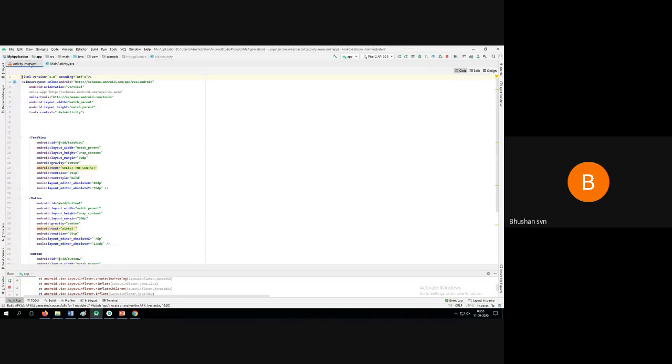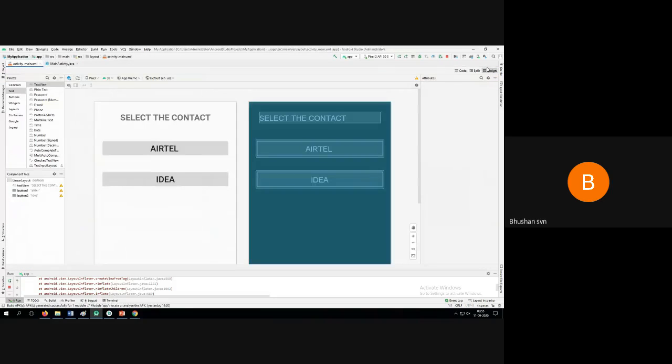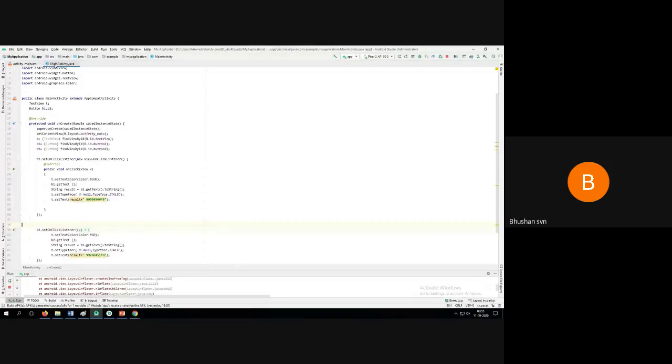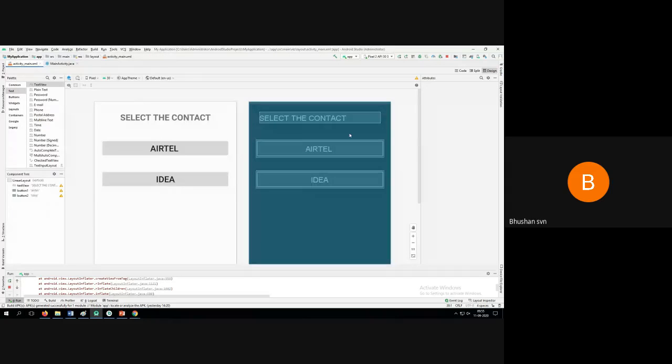So once you start, you can just go to design, and you can drag and drop whatever components you require as per your programs or applications. And at the backend this code will be generated. And you have to go to MainActivity.java, and there you have to write the business logic for how your component should behave when you are running at runtime. So once you do this part of design and write the business logic, you can execute your code.